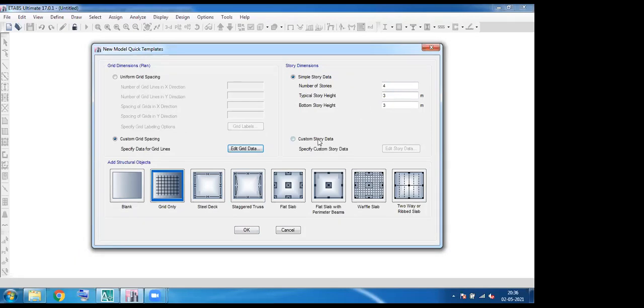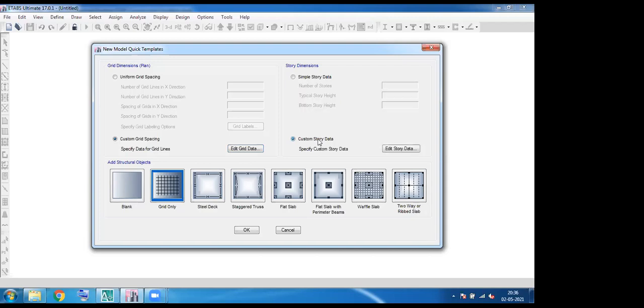Otherwise, if the foundation to the ground level is 1 meter, the first floor is 5 meters, and the second floor is 3 meters, that is, if the height of the building varies from floor to floor, you need to choose custom story data.